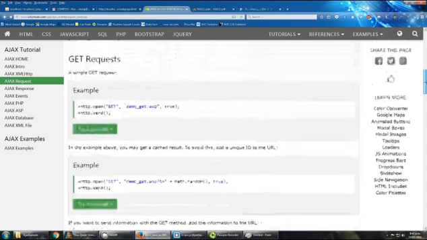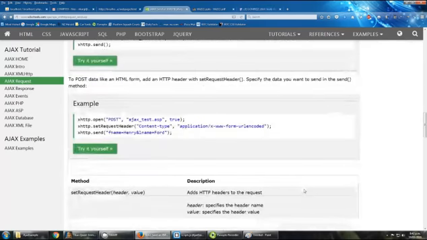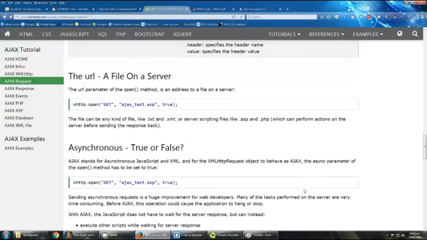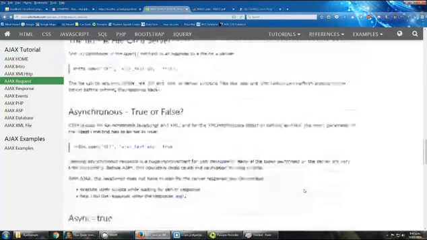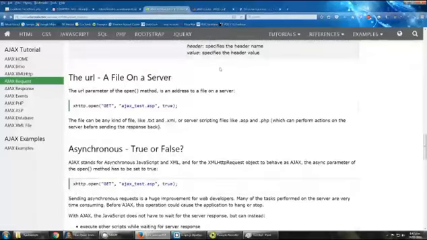Let's just stick with get at this stage so that we can get into doing the rest of this. I don't think there's anything else I wanted to talk about here. No, I'll come back to the other stuff. Okay, so